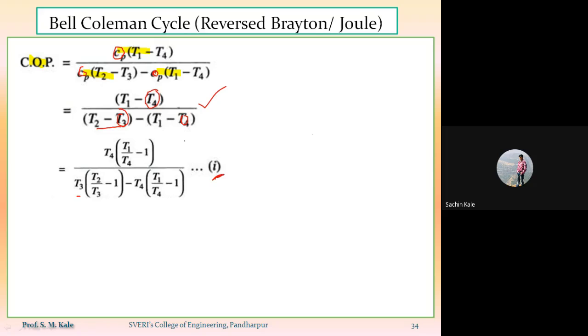Now if you see inside the bracket, I am getting the terms T1 divided by T4 and T2 divided by T3. So if you see the PV and TS diagram of the Bell-Coleman cycle,